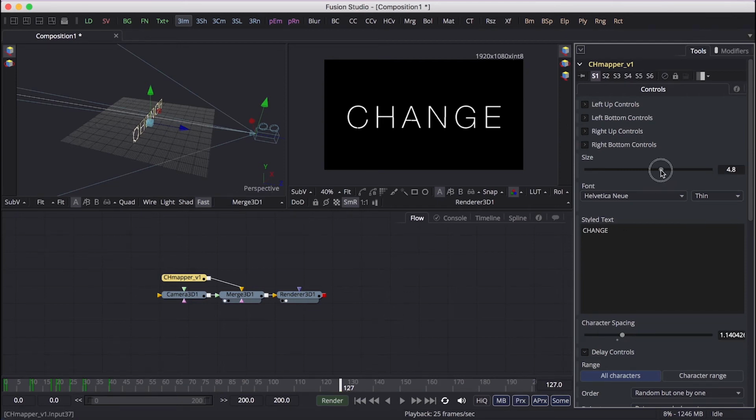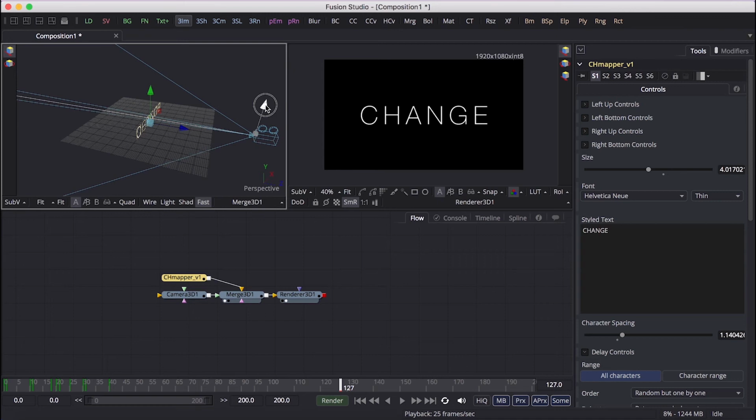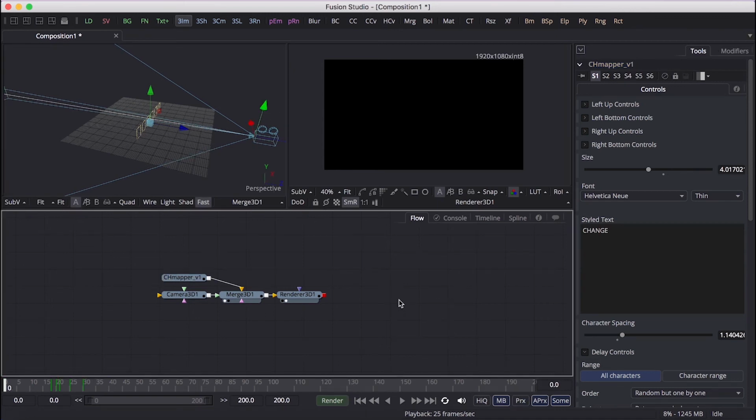Okay. This animation looks the best when it's overlapping. To do that, you will also need an out animation. It is the same as how we did earlier, but now we animate the characters to disappear. Let me do this quickly.